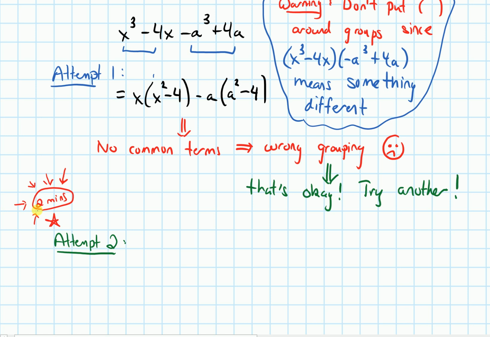All right, so hopefully you've done that. Hopefully you've paused the video to try this for about 2 minutes. That likely wouldn't have been enough time to finish the problem, but I mostly wanted you to focus on how you would begin, how you'd identify that correct grouping. So it turns out the grouping that's going to work is if we put the x cubed and the a cubed terms together, so the x cubed minus the a cubed, and then the non-cubed terms together, minus 4x plus 4a. Because the cubes factor, this is a difference of cubes,